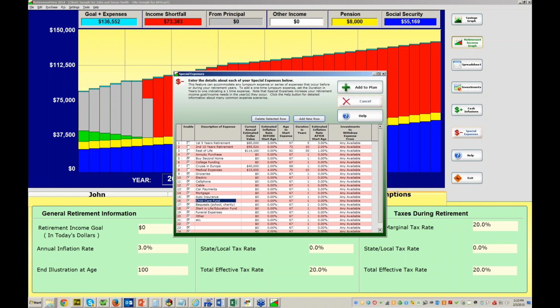Let's say we have your gas for your car. So you got clothing, entertainment. Let's see, dining out. Let's see, miscellaneous. Probably a lot of people have miscellaneous. So anyway, you can go on and on. So I'm not going to